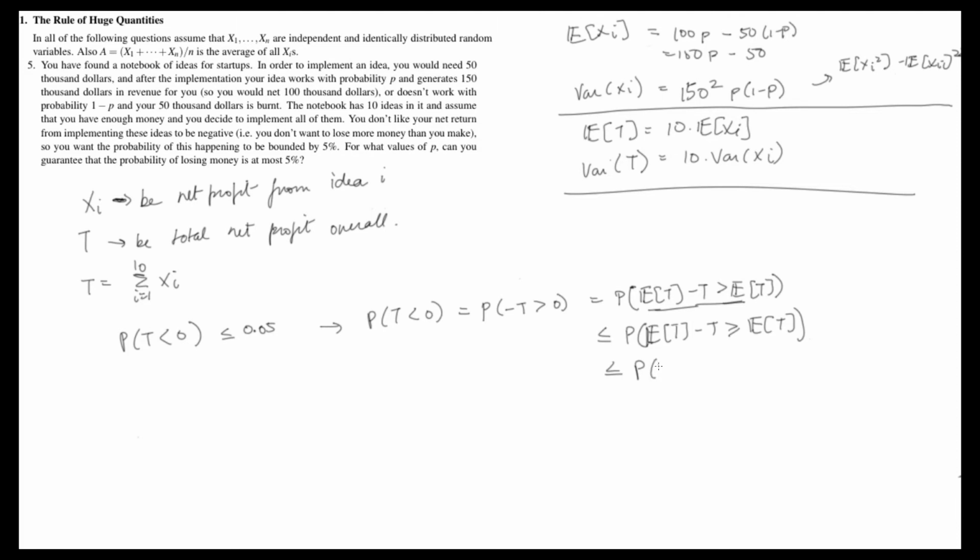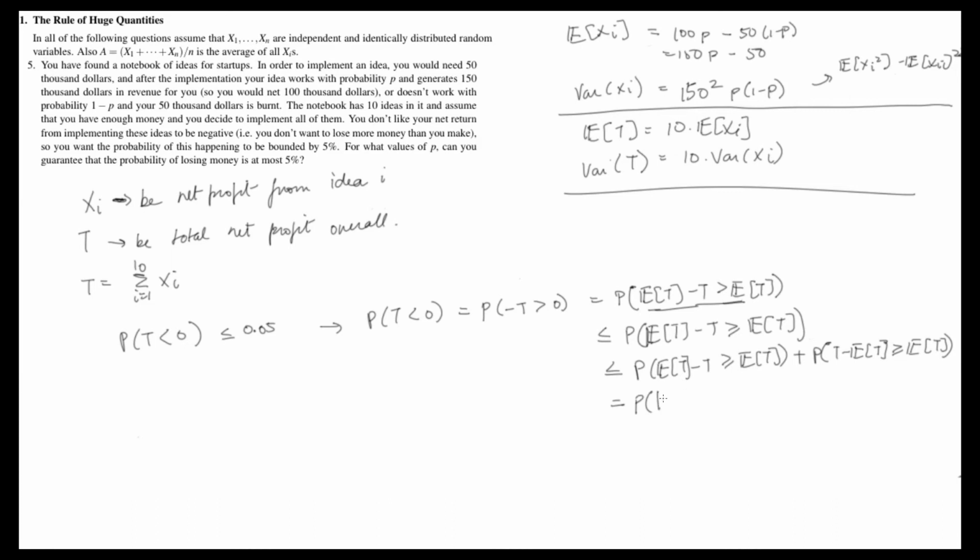So now let's add something to this second term. Let's add a non-zero probability: plus the probability of |t minus expectation of t| greater than or equal to expectation of t. So we're adding something. Since probability is between 0 and 1, it's a non-negative quantity, and we're also adding this event. This is because we want to bring it into a form that Chebyshev's